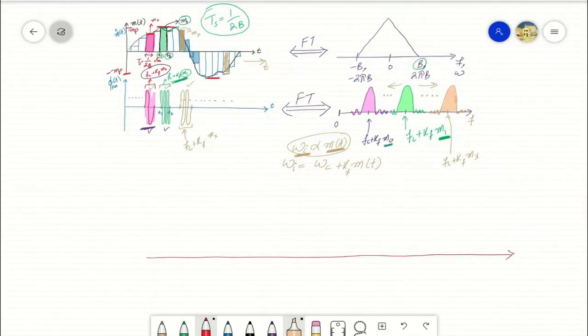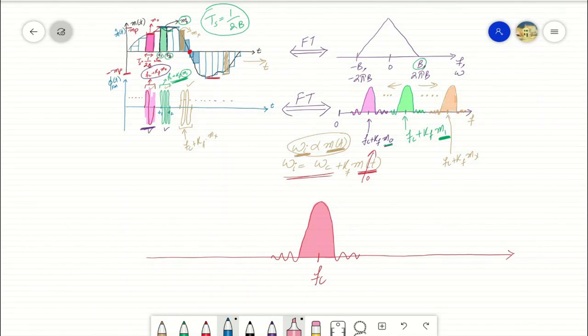So if we plot the frequency domain of the modulated signal again and refer to some special cases, for example, when the amplitude of the information signal is 0, as at this point over here, the instantaneous frequency generated for this case can be obtained by substituting 0 in this equation, as the amplitude of the information signal is influencing the frequency of the carrier signal. Therefore, for the time instances where the amplitude of the information signal is 0, exactly the carrier frequency will be generated.